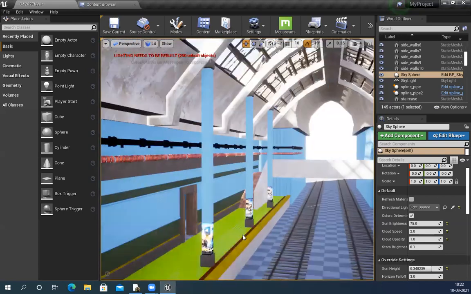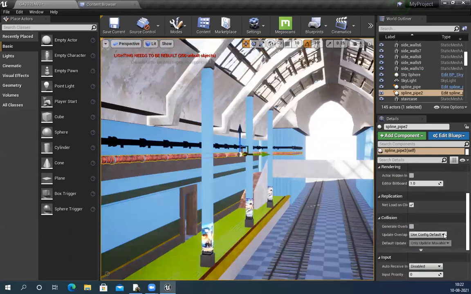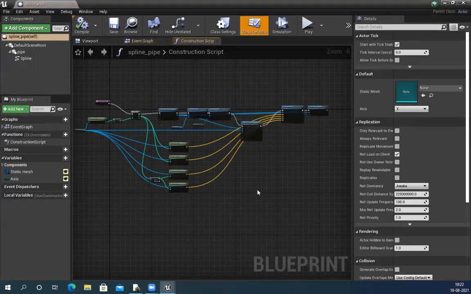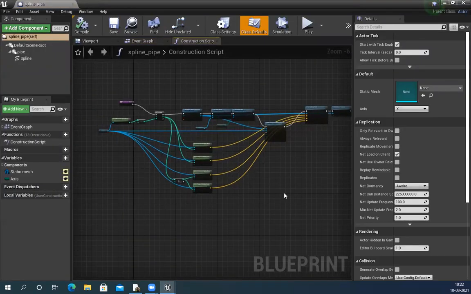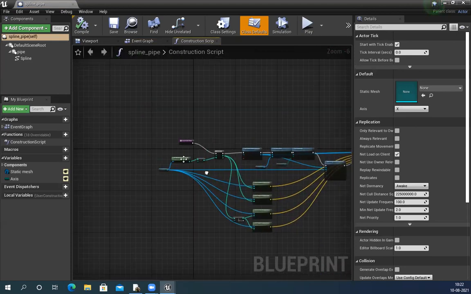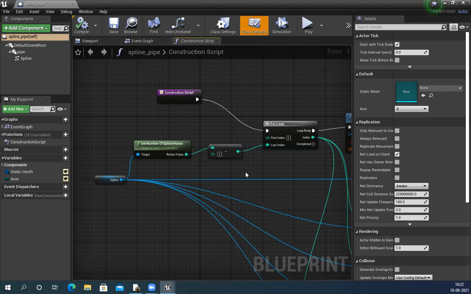How did you create the spline blueprint? Spline blueprint, what I did here is, I'll just show that. Blueprint is something we are not good at, and we don't have to create it in industry. That's not part of our job. It's part of the technical artist's job. So we create the model according to whatever his requirement. This is something I checked in a couple of tutorials and modified according to my requirement.